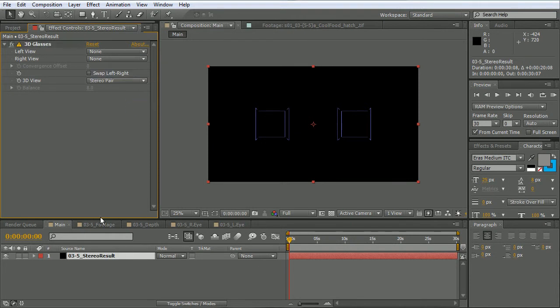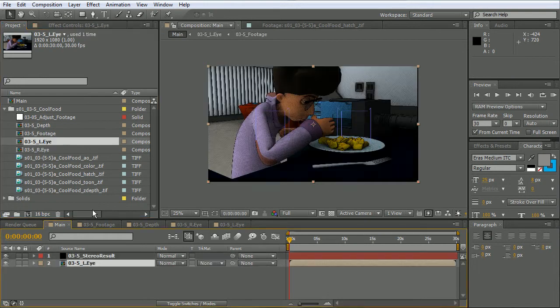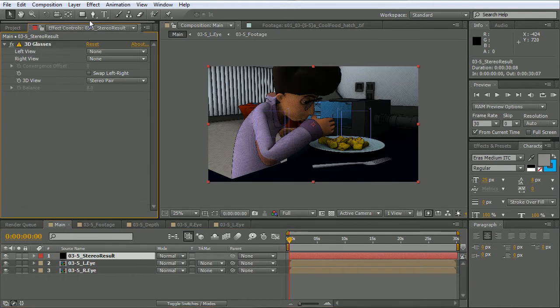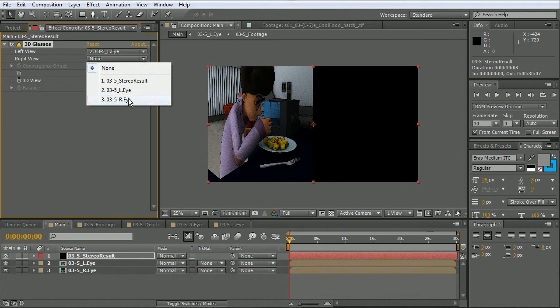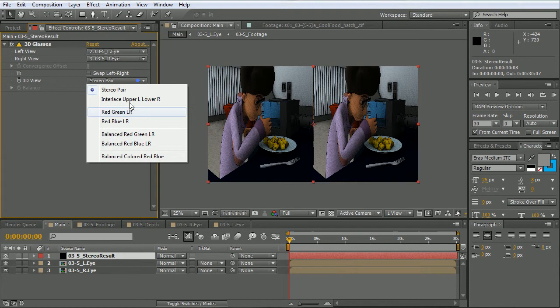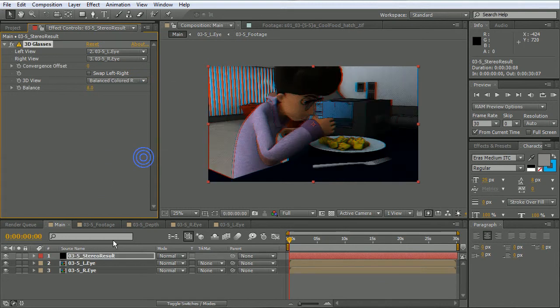So from here, what we need to do is drag our left eye and our right eye footage into the same composition, so that up here for the left view we can choose the left eye, can choose the right eye,